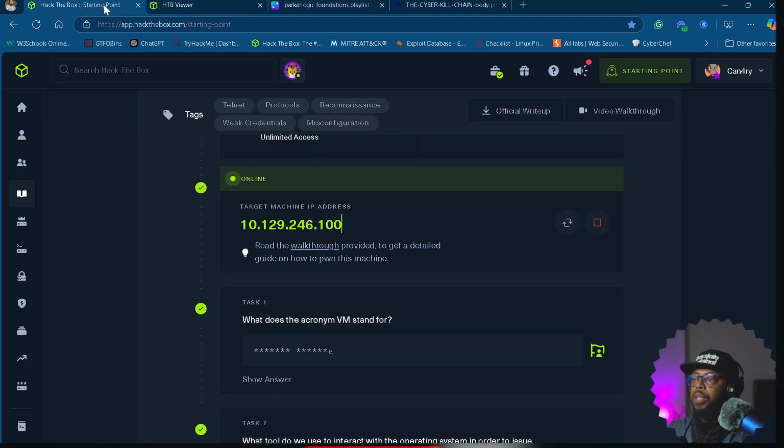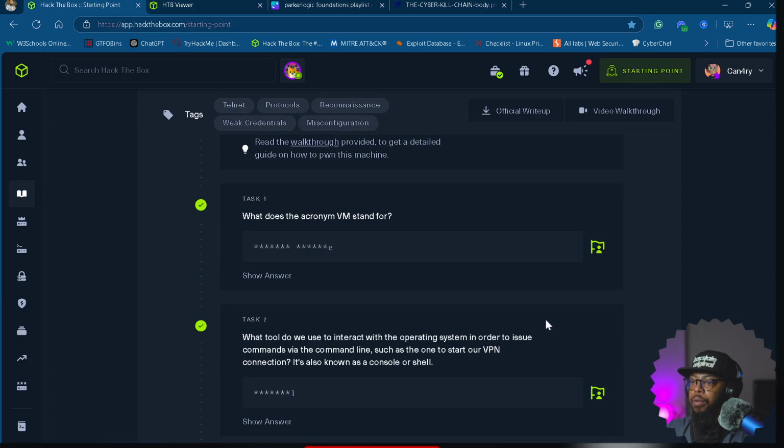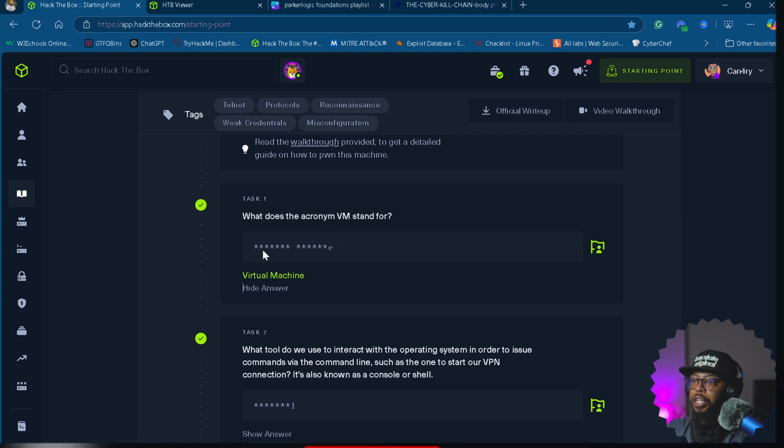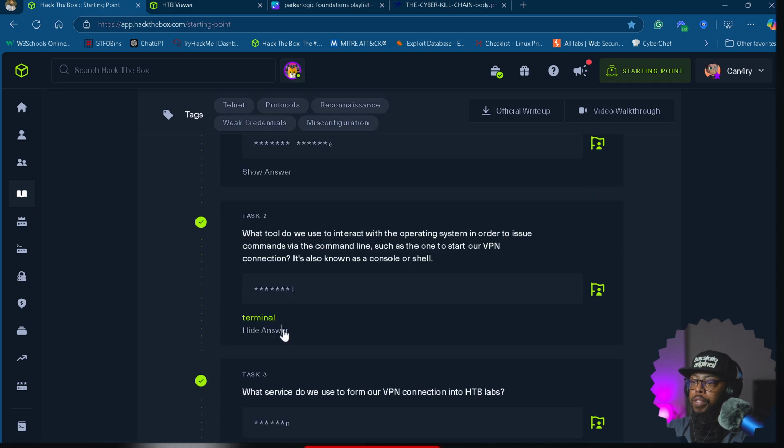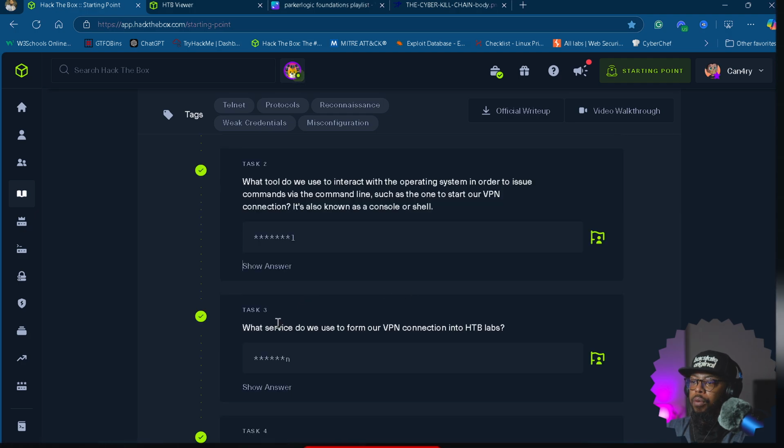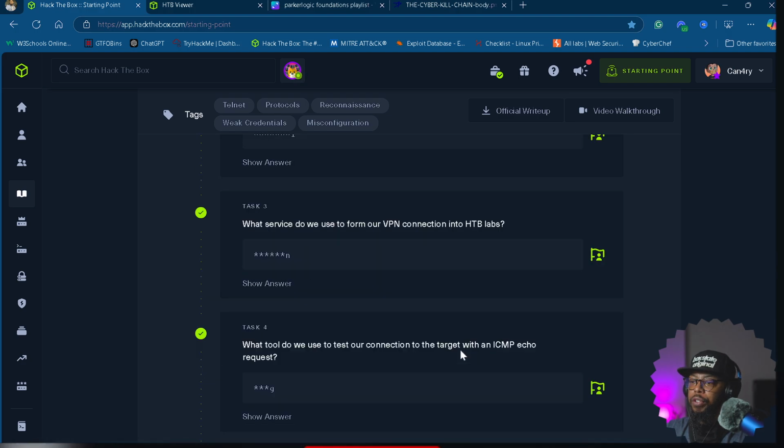Okay, now that we logged in, we have our IP address. Like I said, this one is virtual machine. That one's terminal. What service do we use to form our VPN connection into HackTheBox labs? This one's OpenVPN. And this is, like I said, if you want to do it standalone. What tool do we use to test our connection for